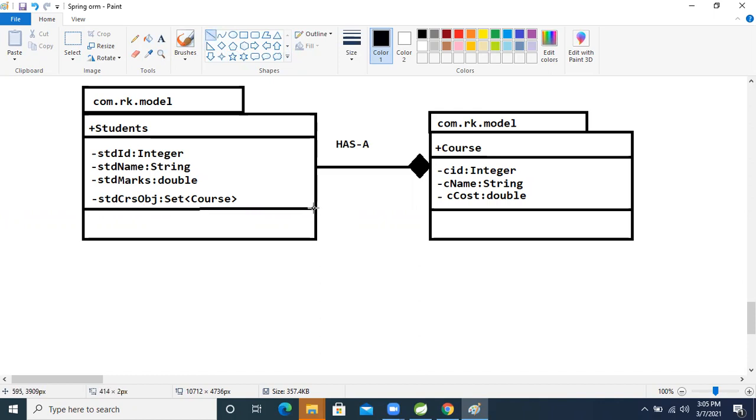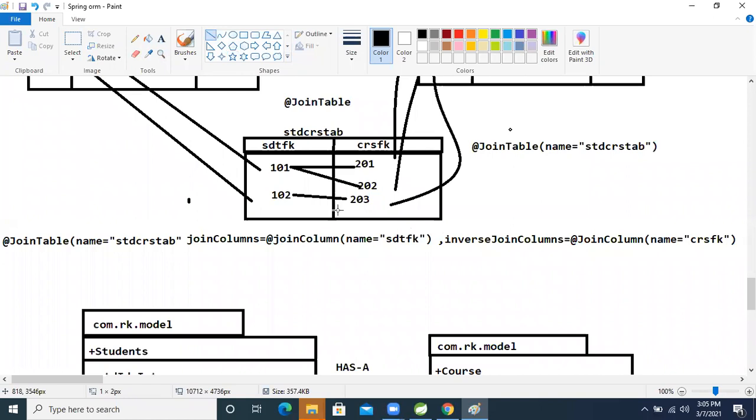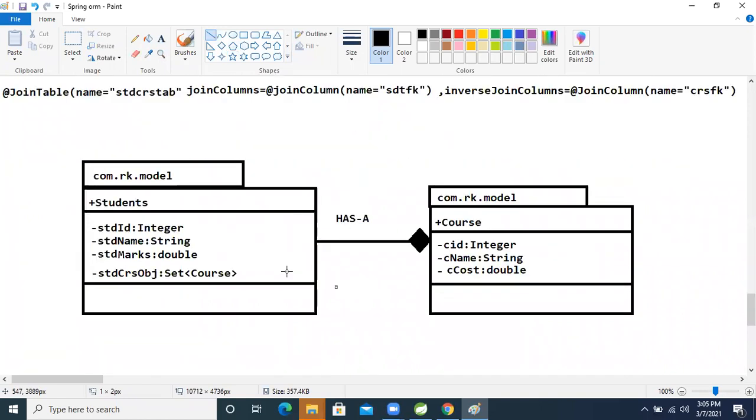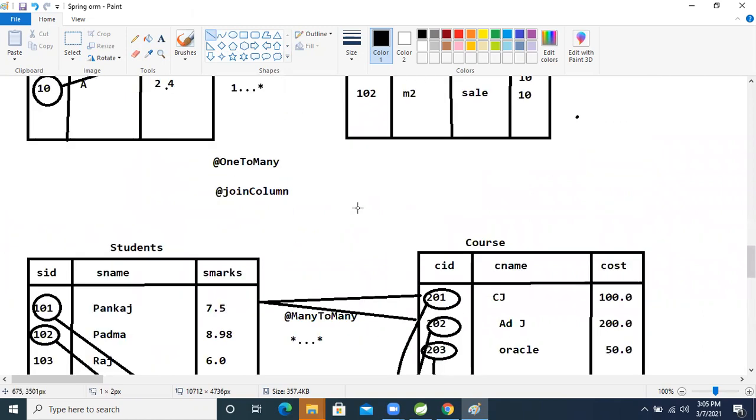Now let's develop the whole scenario, because based on the table we completed the UML diagram also. So shall we see these things practically? Let's open our Eclipse IDE and see that.